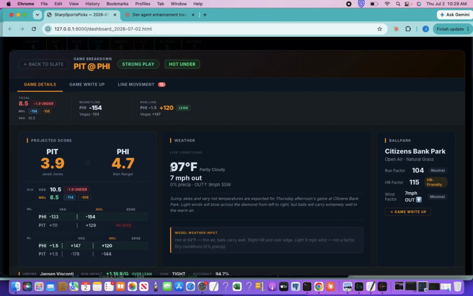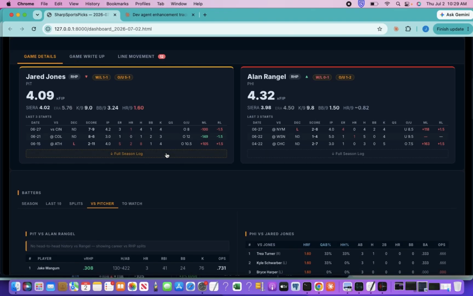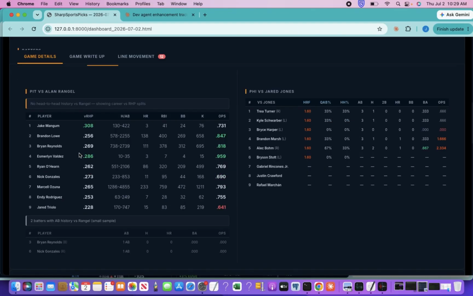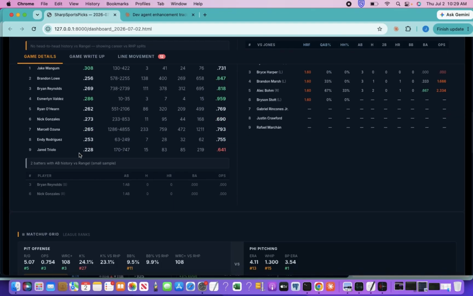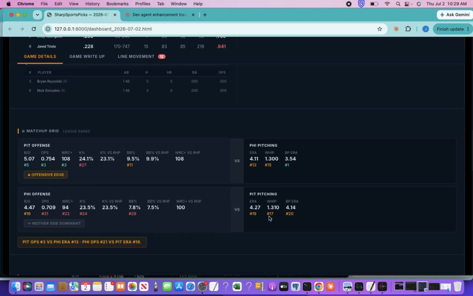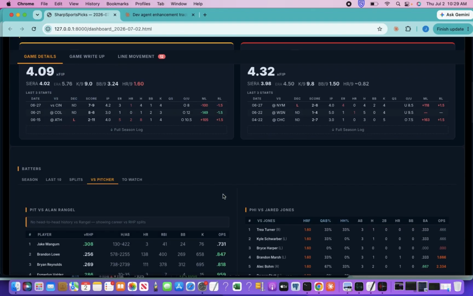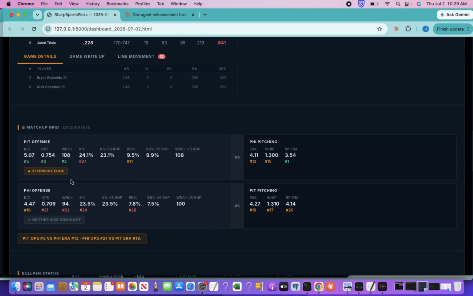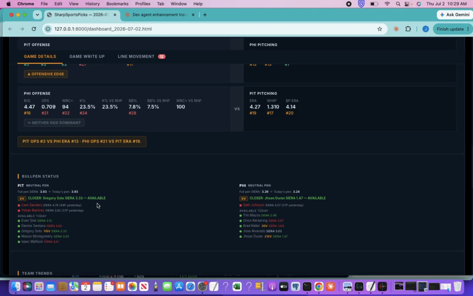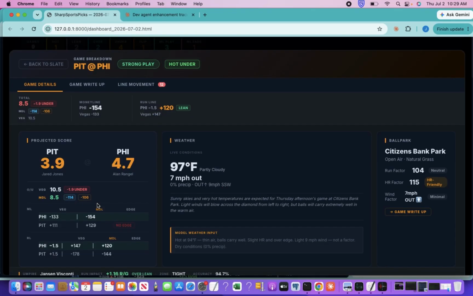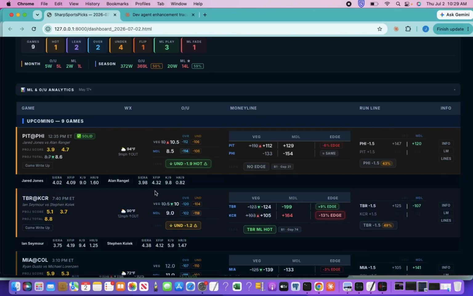Okay, and then I did my research through the info tab, and Pittsburgh's hitting hot, but looks like their pitching's been bad, and their bullpen's not very good, and then the starting pitchers look pretty similar. And if we just look at Phillies, Pittsburgh actually has the better offense, surprisingly. But based on all that, I'd be like, okay, that's a good Philly money line play. -130, we'll take that.